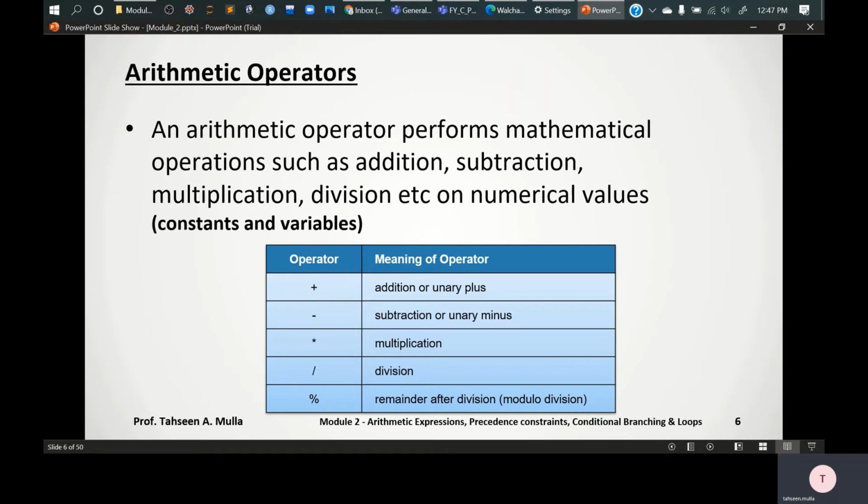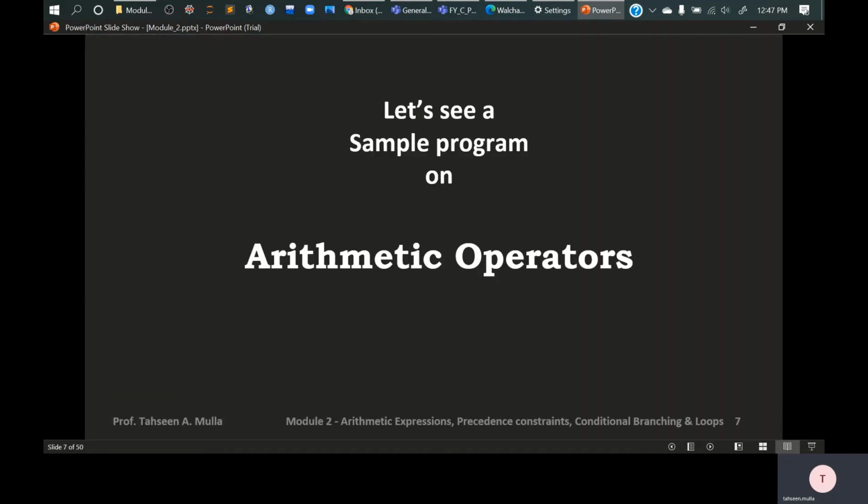So these are the different operators which we use in arithmetic operations. Now we have seen these symbols as operators which we'll be using in our programming language. So let's see an example of how we can implement this.